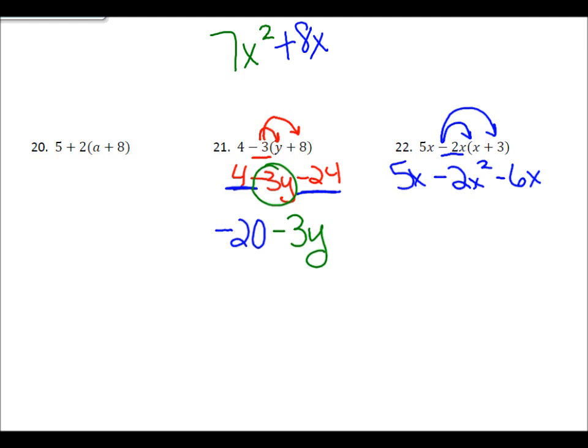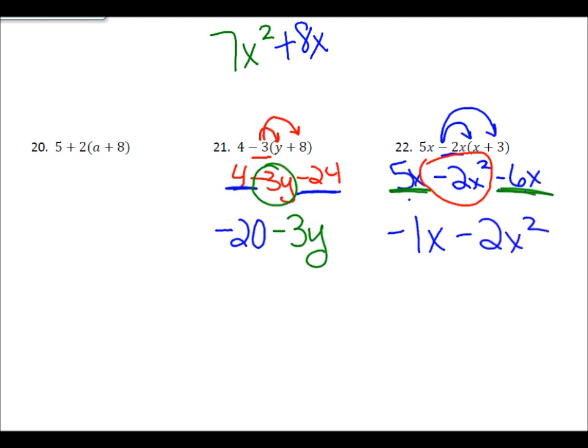Our like terms here are 5x and negative 6x because they both have just an x. So we're going to put those together. 5x minus 6x is negative 1x. My negative 2x squared does not have any other like term, so we're just going to write it down,